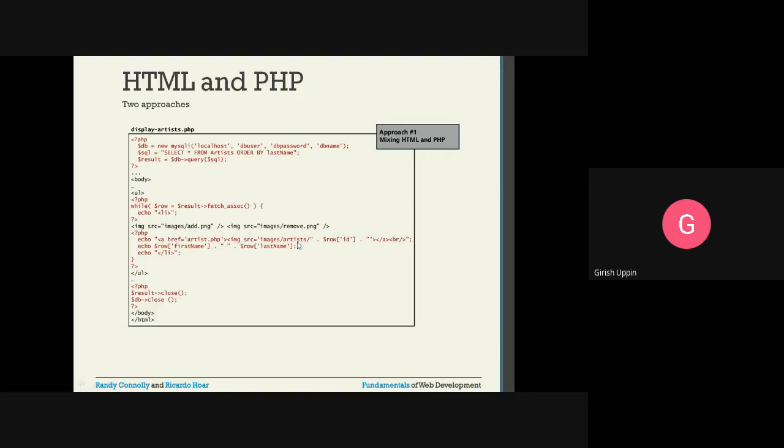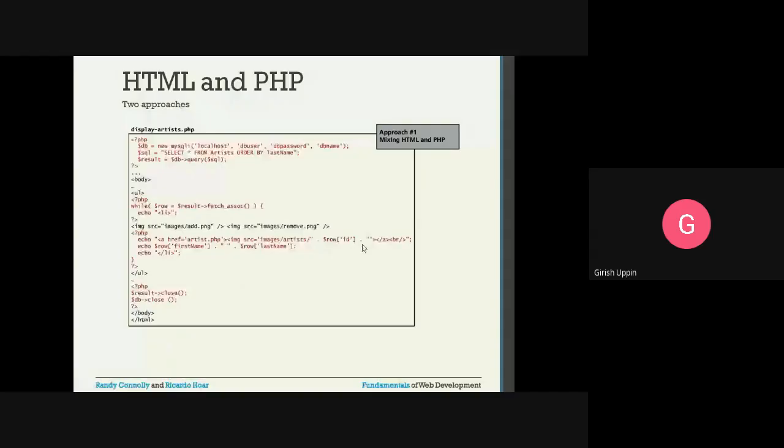Then the image would be there, then we are appending that with the row ID. And that is what you will see in the link, and in the next line you will see the first name and the last name, for the 5 records.